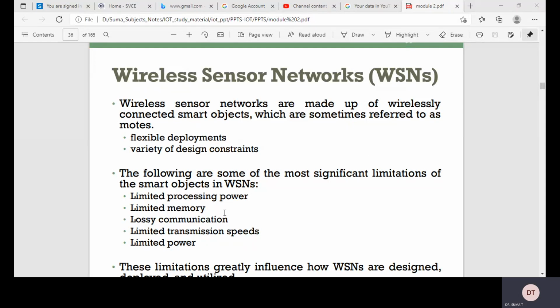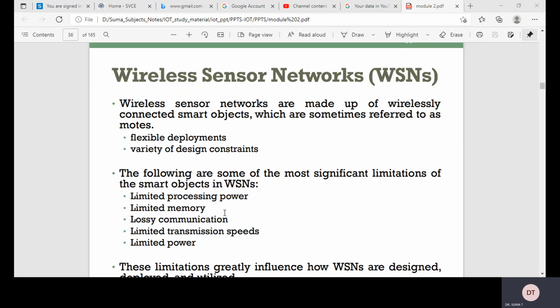So next is the wireless sensor networks. These wireless sensor networks, the name itself suggests that they are wirelessly connected networks, right? And these networks are mainly made up of wireless smart objects, which are sometimes called motes. Okay, and the fact that there is no infrastructure to consider with